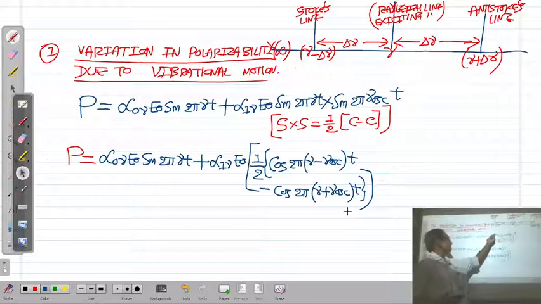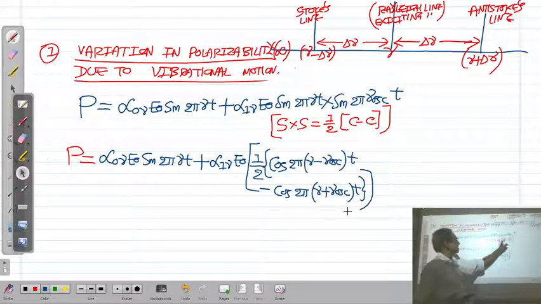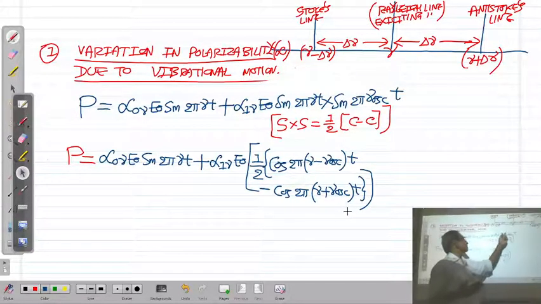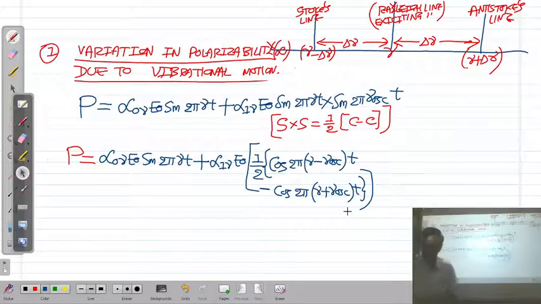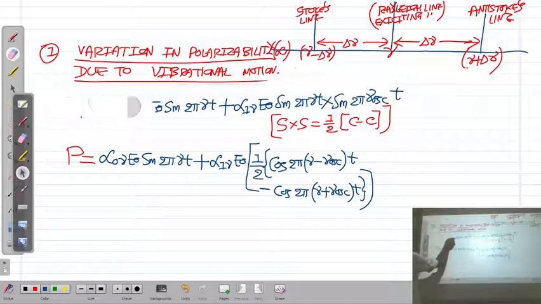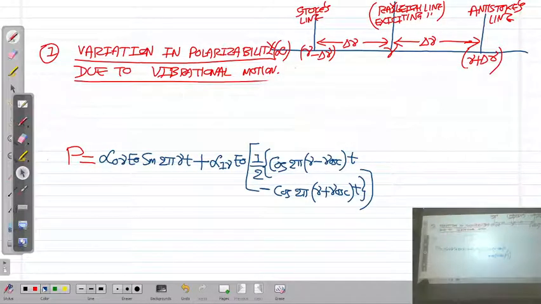S means sine, we have sine 2 pi nu T. Another S means we have sine 2 pi nu oscillation into T is equal to 1 by 2. C means cos. Take the subtraction of two terms, sine 2 pi nu T minus 2 pi nu oscillation into T. Then we take the summation of two terms, so minus cos 2 pi nu T plus 2 pi nu oscillating into T. Right? So the final equation comes. The final equation will be P is equal to